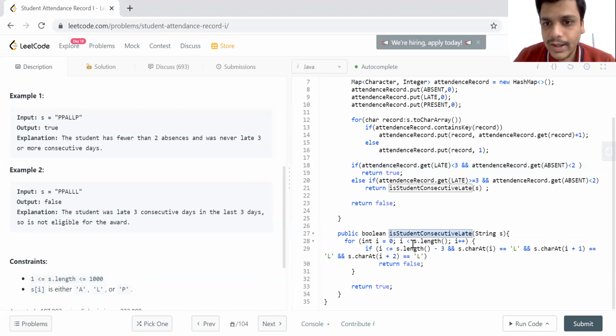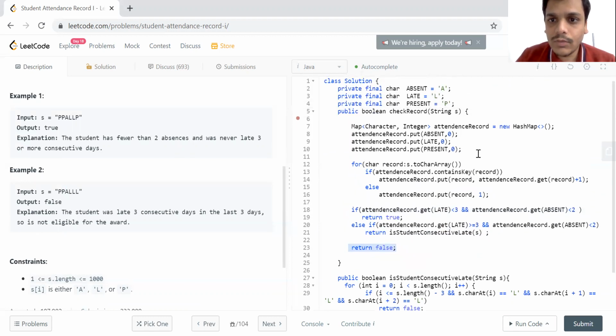Then we need to check the substring of L, and return true or false from this method. We know that absent is less than 2, so only then do we enter this branch, and based on the consecutive L we return true or false. If neither of these is satisfied, then we return false to the calling function.